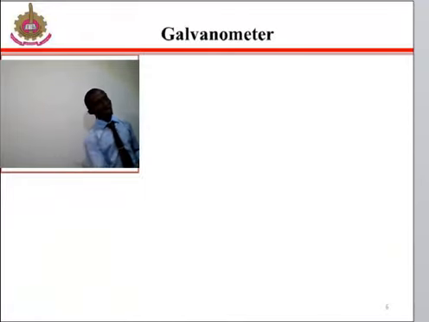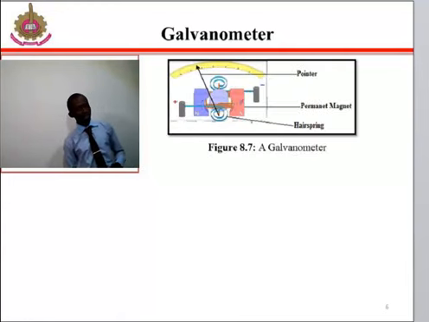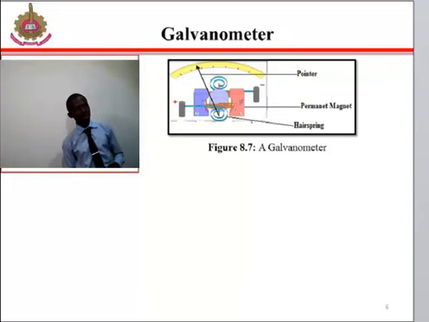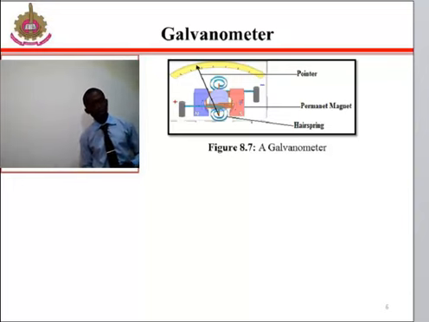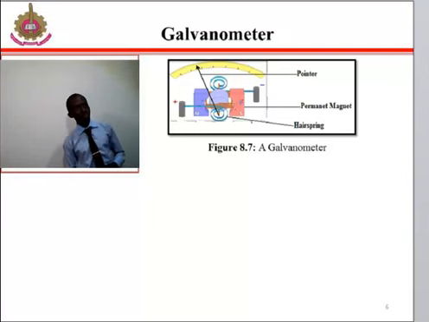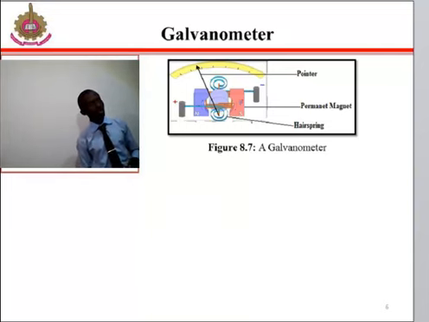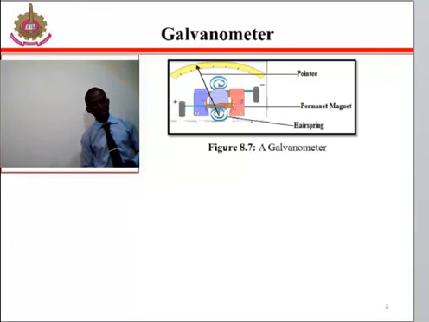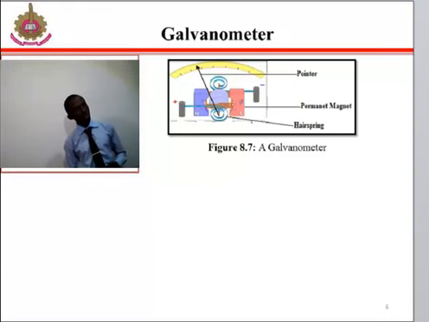Galvanometer. A galvanometer, as shown in figure 8.7, is an electromechanical instrument which is used for the detection of electric current through a circuit. Being a sensitive instrument, a galvanometer cannot be used to measure heavy current. It can only be used to measure currents which are in the order of milliamperes, that is 10 to the power minus 3 ampere, or to measure voltage in the order of millivolts, that is 10 to the power minus 3 volts. In a moving coil pointer type shown in figure 8.7, a coil is pivoted on jeweled bearings within the poles of the magnet,